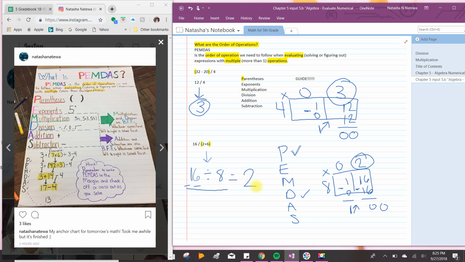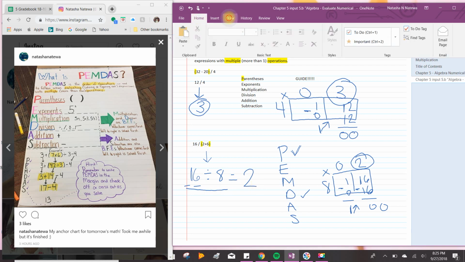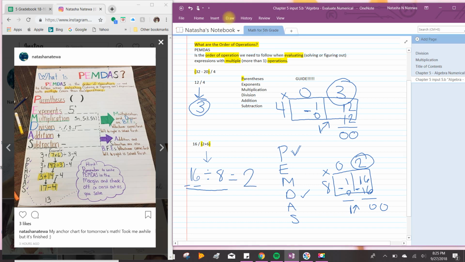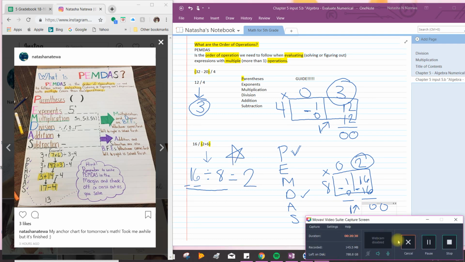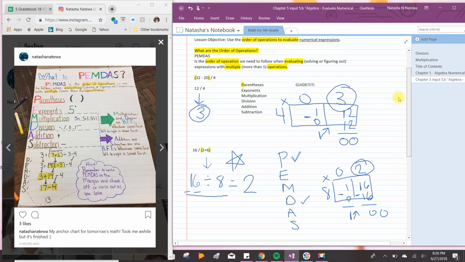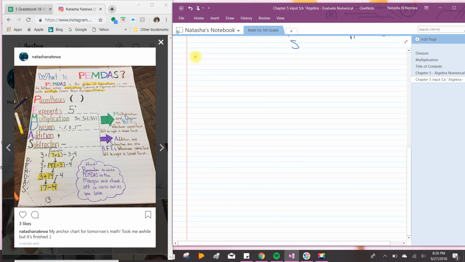You get it? If you got the correct answer, good for you. Give yourself a pat on the back. Put a star next to your work. And we're going to continue on. I'm going to erase all of this. So I'm going to pause the video and erase it so we have a clean slate. Alright, I changed my mind. I didn't erase it. They're all up here. So, okay. So our next equation is, I found a pretty pink color. Alright, so our next equation is